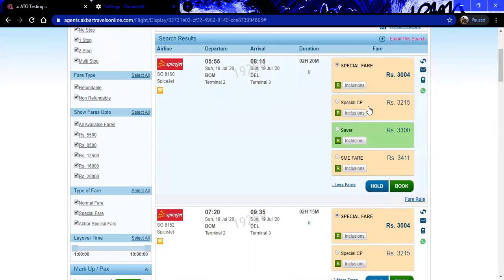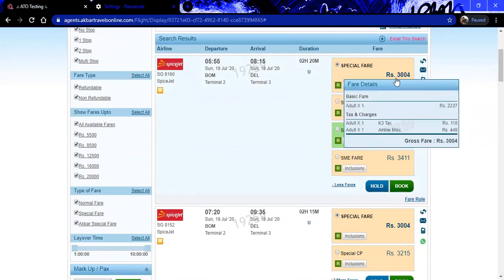As we are on this page for a long time, the agent always needs to know whether the particular fare being offered to the client is still available or not. As fares are dynamic and change minute by minute, we have to make sure that what we are giving to the customer is available.